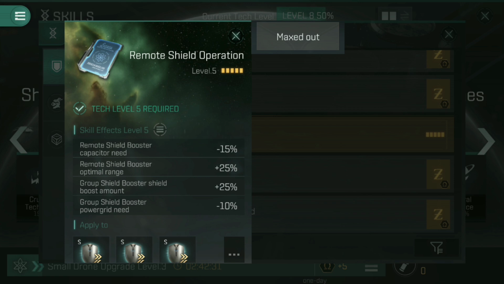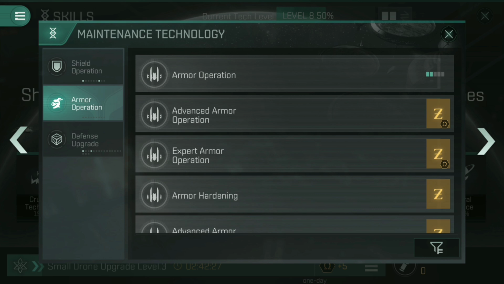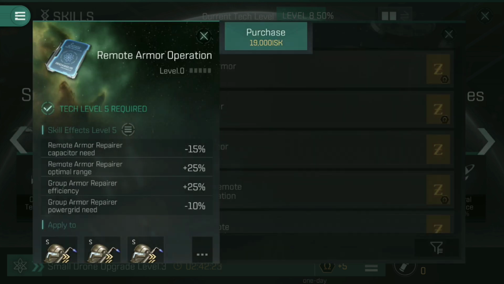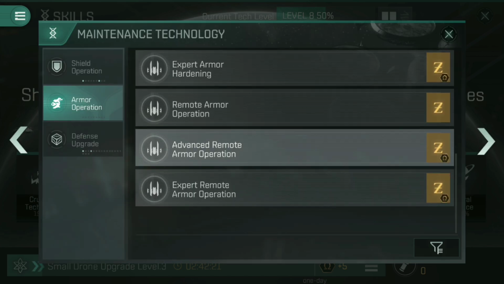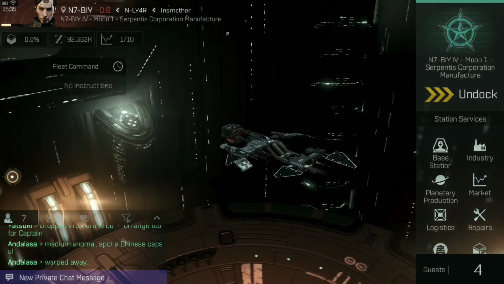That's all to do with using the remote shield boosters. Now, of course, if you go into armor operation and scroll down, you will have remote armor operation as a skill as well, that does pretty much the same thing for remote armor boosters. Alright, so all that said and done, we've looked at the skills, we've looked at the ships, we've looked at